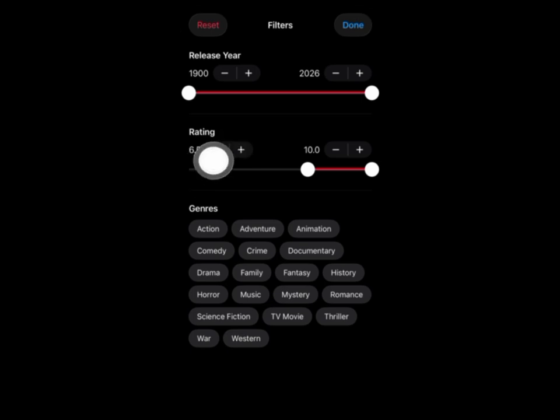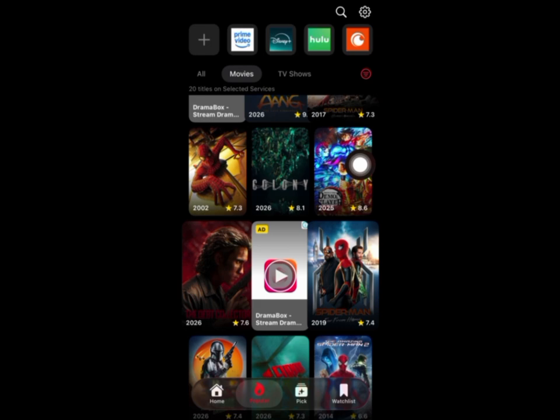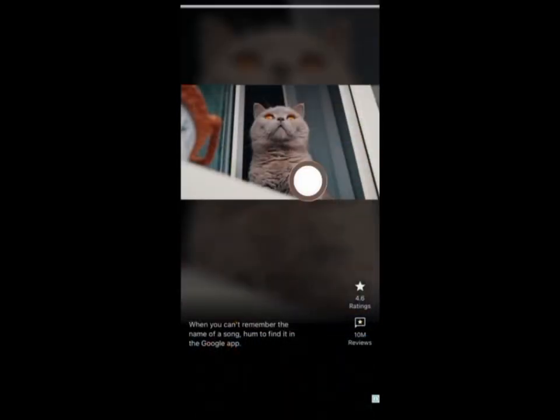Let's say you want a movie over 6.5, you can adjust it to that. And as well, you can adjust the genres, like action, comedy, whatever you may be interested in. You can tap on the action button here, then tap on done. Yeah, you're pretty much good to go. As you can see here, you can go ahead